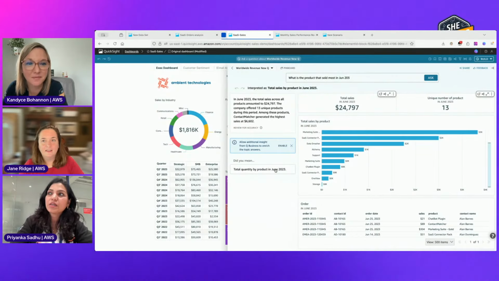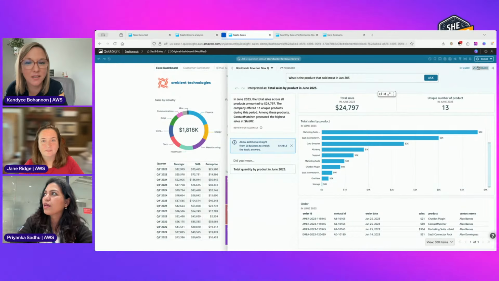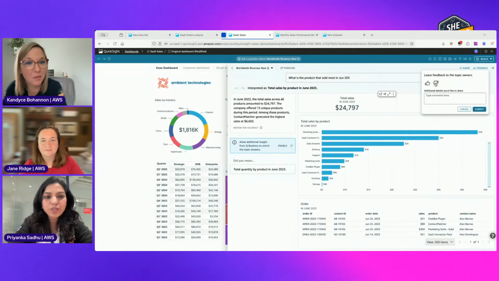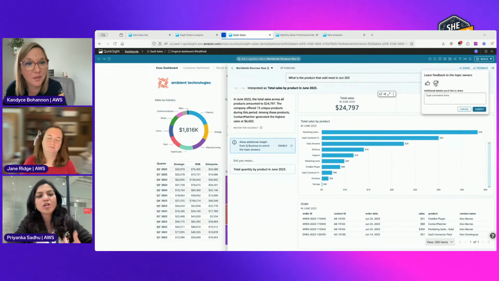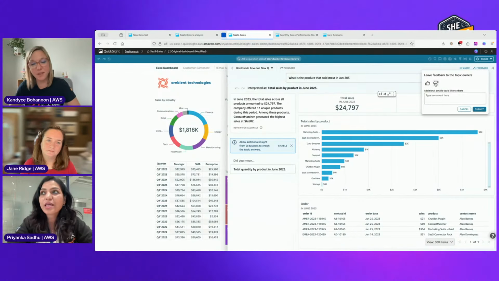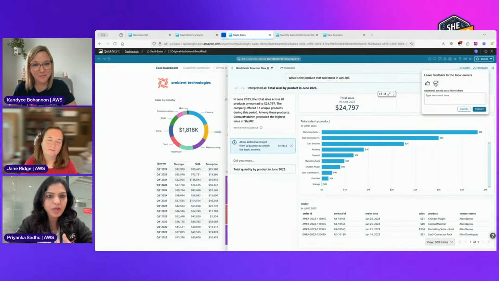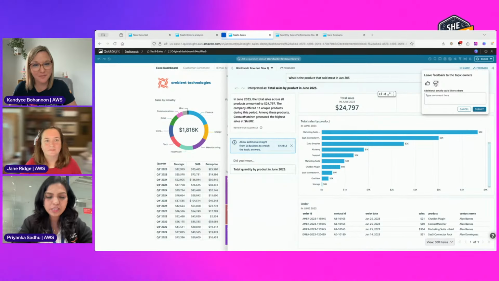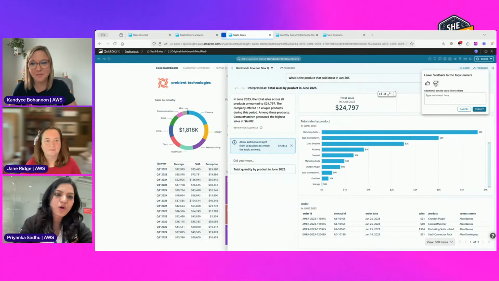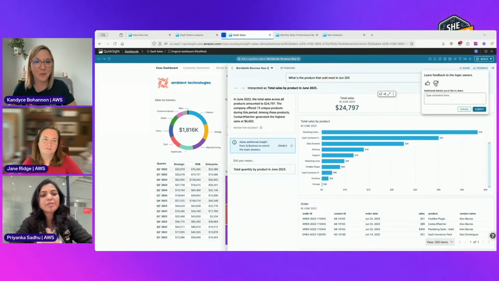So if you didn't like what it said, you can give a thumbs down, like, hey, I don't like what you said, I want to give you feedback. When you do a thumbs up or thumbs down, these all go behind the scenes, and whoever is the admin of this dashboard will be able to capture the feedback. With the learning, the model becomes much smarter, and next time when you ask the same question, it knows, okay, I didn't do a good job this time, I know how to answer this. So it's again behind the scenes.